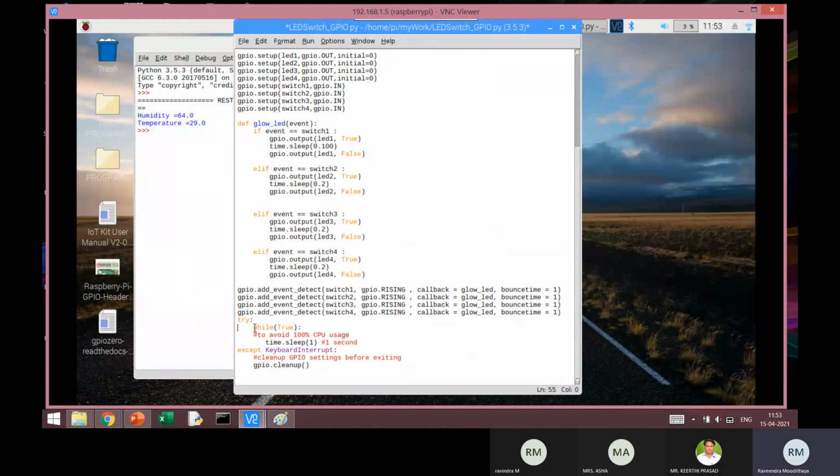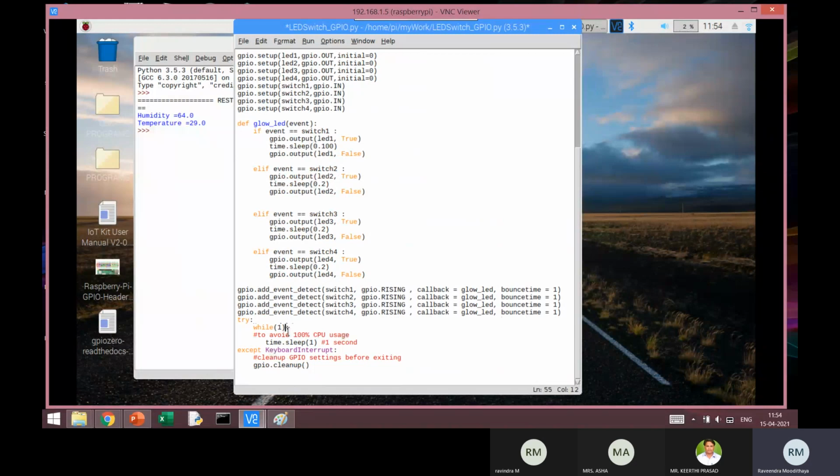And this is a continuous while loop. This is something you do very often in embedded systems. If you want to execute something continuously, you use a while loop and give the argument as permanently true. You can give it as while True, or while 1; both are the same.